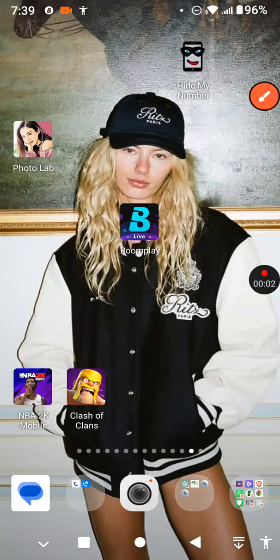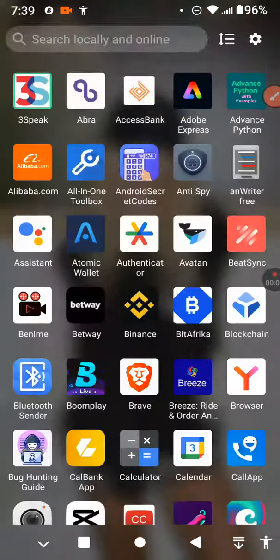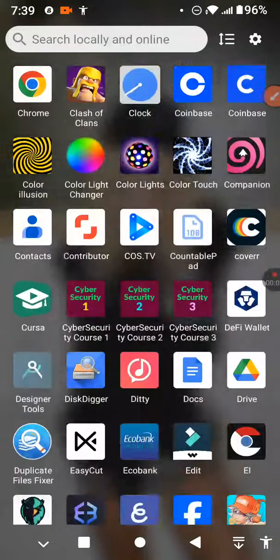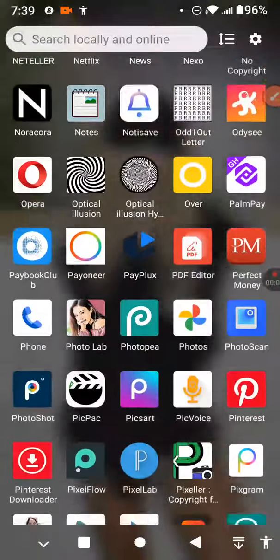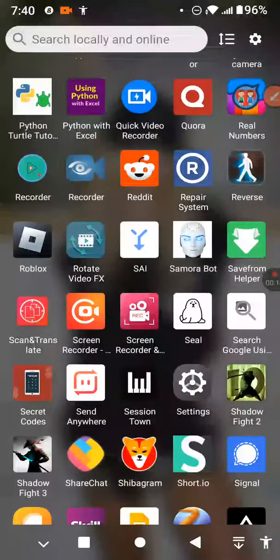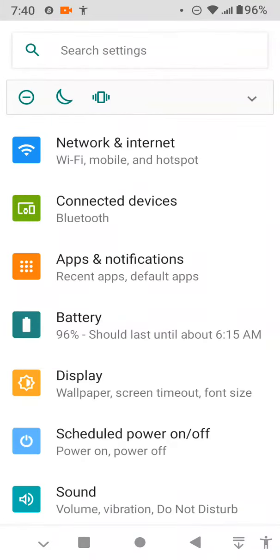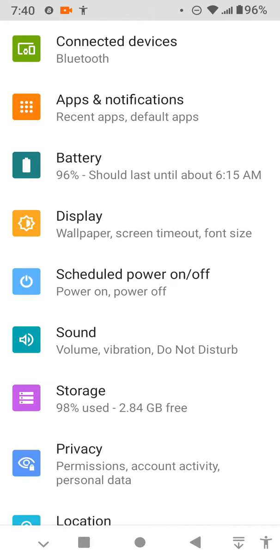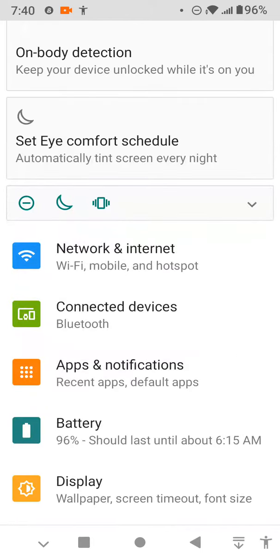To fix this problem, what you have to do is to head straight to your phone and try to search for your phone settings. So when you find your phone settings, just tap on it to open it. And now what you have to do when you get to your phone settings is to tap on apps and